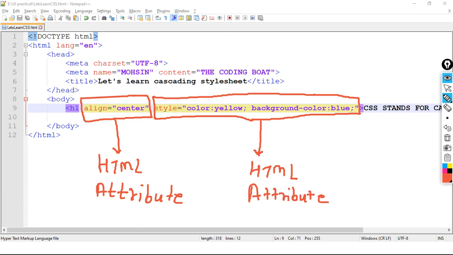Now what we need to observe, listen carefully. When we write multiple HTML attributes, what is the format?